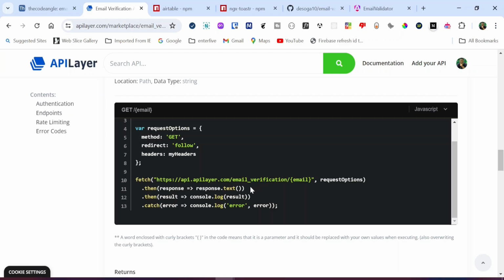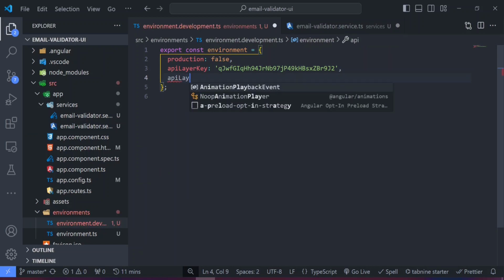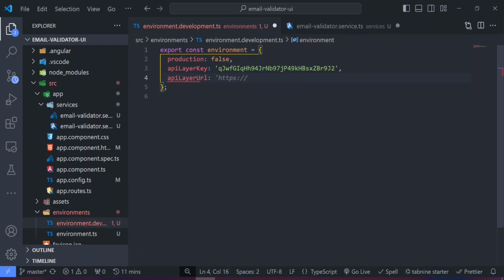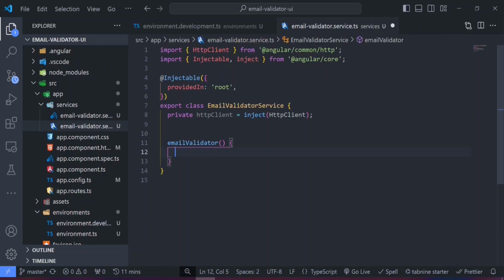So what I want to do next is within the environment folder, I would like to set up the base URL. So let's grab this particular extension, this URL right here. So I'm going to copy up to that particular point, and then let's head straight to the environment folder or the environment.development file rather, and then let's type in apiLayerUrl and then paste in the URL. So this is the base URL secured in the development file, and then we need to set up